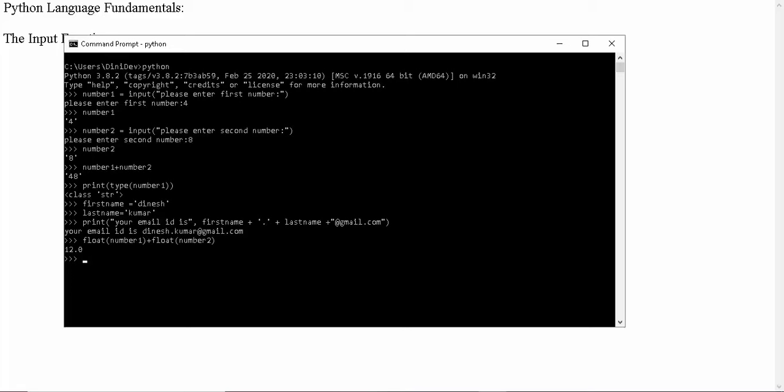Okay, so it's time to use it in our program. Let's just try this code here. We have number1 and number2 declared, so we are just printing the values. Print the numbers.